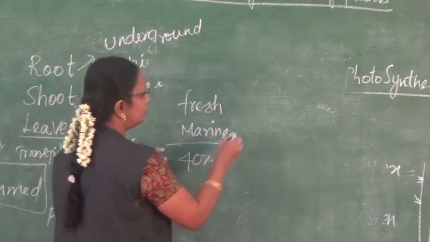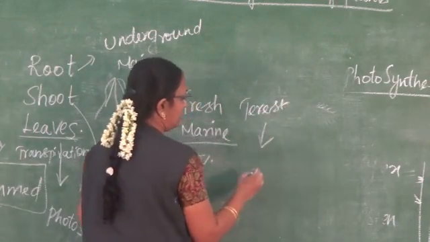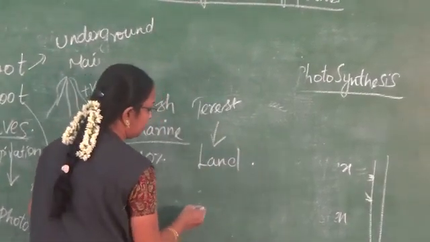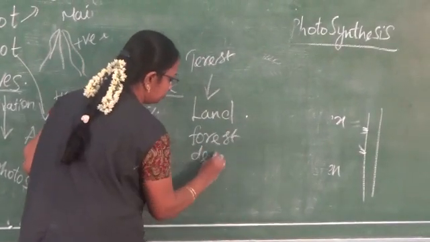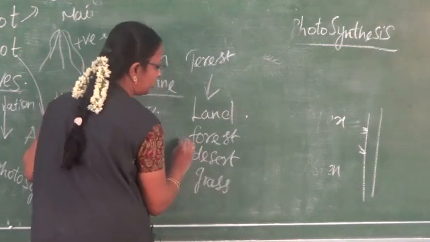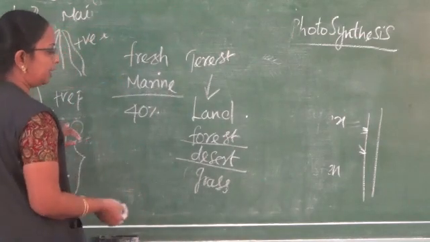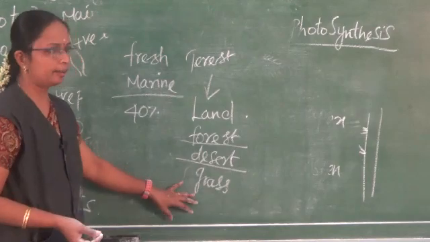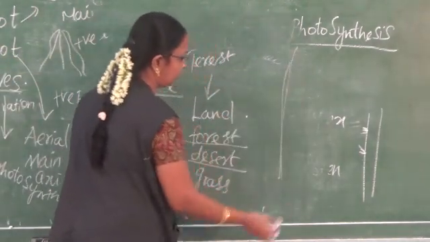photosynthesis. And then when we move on to terrestrial, the plants which are seen on the land are known as terrestrial. The terrestrial habitat supports forest, desert and then grassland. In the forest most of the plants are seen, and then in the desert there is very little water. For that they develop some modifications in their plants. In the grassland we can see smallest to longest types of grass.